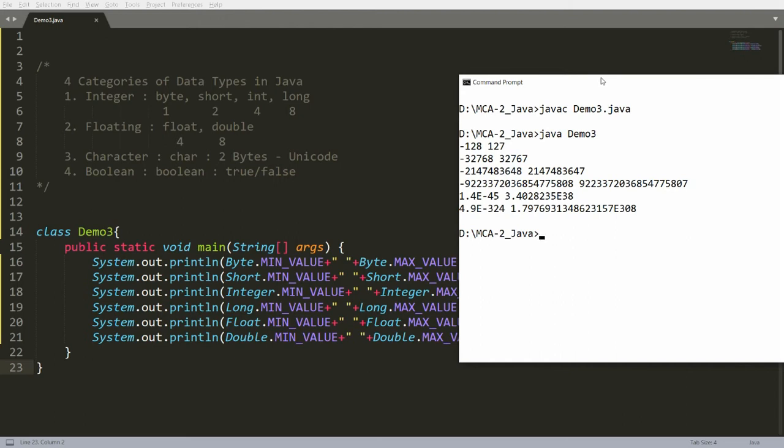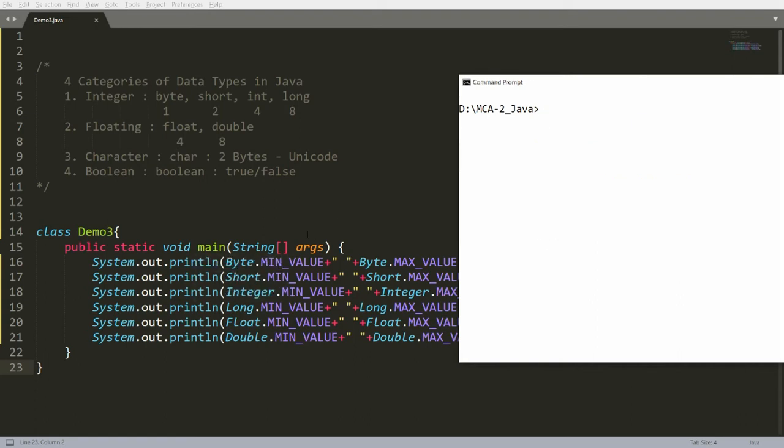But what is a cycle, and how can we store a value that is more than the size? Suppose the maximum size is 127, in this case byte, but I want to store 130. Can we? No, you cannot. But still, if you want to do this, you can do it forcefully. And whenever you do it forcefully, that conversion is known as a narrowing conversion. So we will talk about data type conversion, but before this, I just want to declare a simple variable, so you will get the idea.